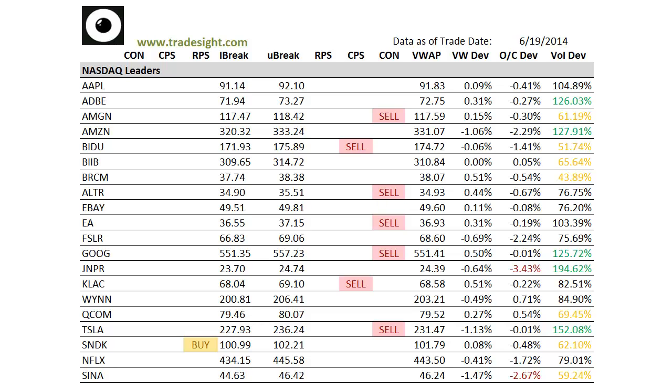As you can see, we've got a fair amount of downside conditions indicated from the scans in the Nasdaq sector. So the Nasdaq side of the market definitely has been weaker all day. We've got a fair amount of volume bumps. We've got one in Adobe, one in Amazon, one in Google, one in Juniper, and Juniper's actually cracking to the downside